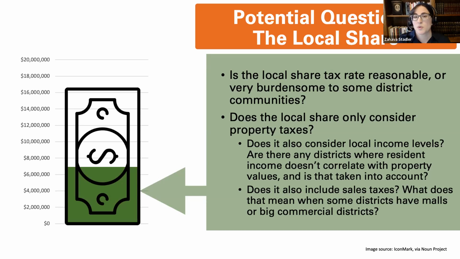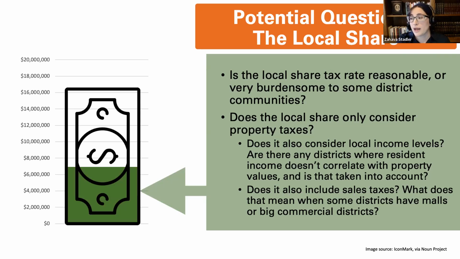It's usually called equalization. Usually the way this works is that the state will have some kind of expected local tax rate, like a 1% property tax, and that same rate will raise more money in some places than in others. So the amount that would be raised by that rate in that district is factored into the equation. And sometimes the local share calculation also considers other factors like local income levels or revenue from local sales taxes, because those things can also be unequally distributed around the state and affects districts' abilities to raise local dollars.